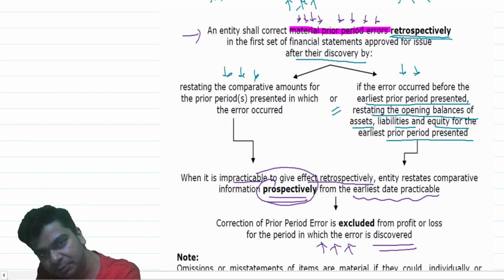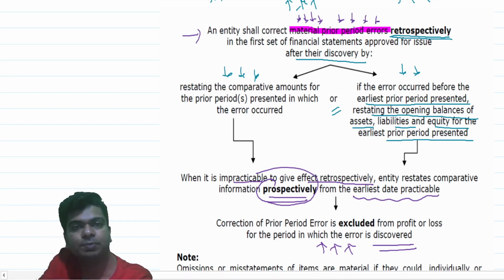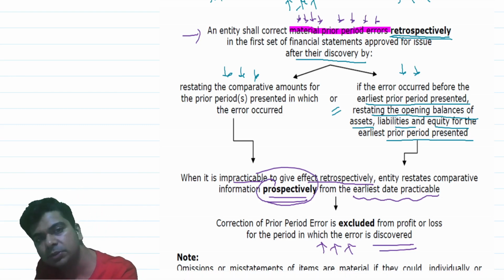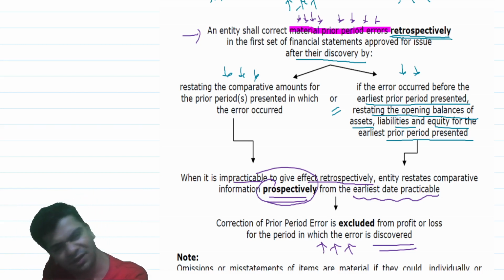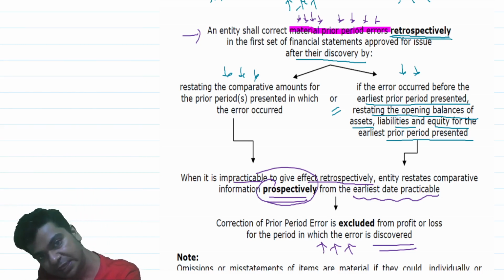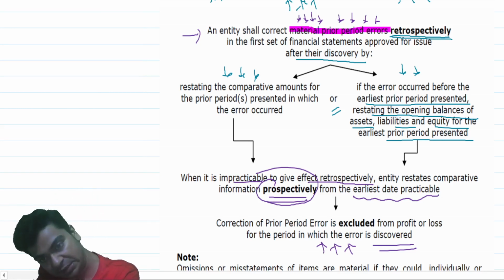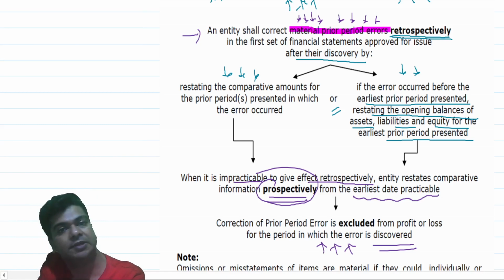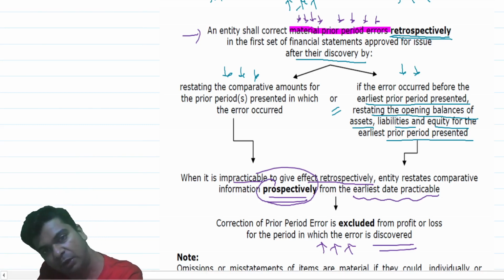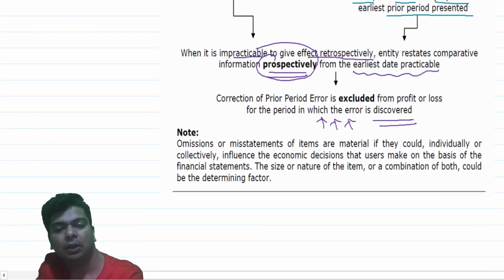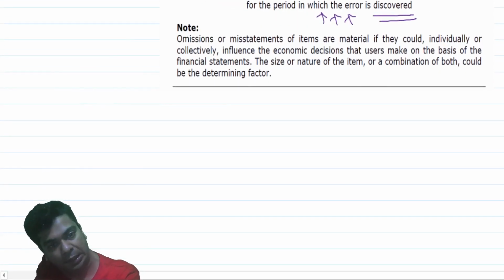I have made certain mistakes, and because of this, the expense will increase by 100 rupees. You can ignore it. You can argue that simply 100 rupees which you have forgotten over here is fine. It is not material. I will not give effect for the same. You must always identify whether the mistake committed in the past is material. If you say it is material, only then its effect will be given. If it is immaterial, you can ignore the same.